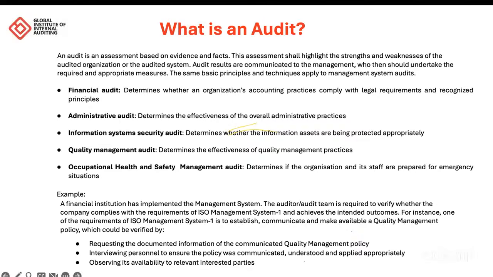We are currently at the example that we're trying to give, and I'm going to read out the example. A financial institution has implemented the management system. The auditor or audit team is required to verify whether the company complies with the requirements of the ISO management system. This time around, we are not attaching this example to any ISO. We are just trying to come up with how we actually conduct an audit and achieve its intended outcome. For instance, one of the requirements of an ISO management system is to establish, communicate, and make available a quality management